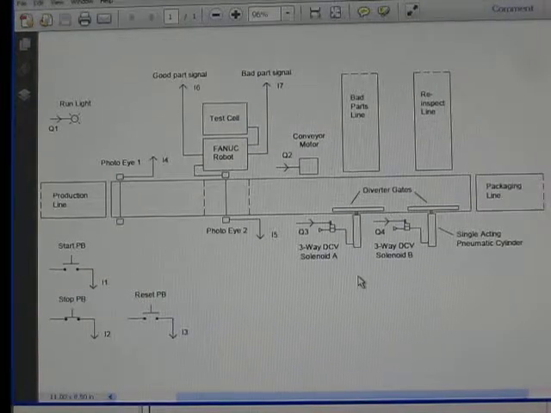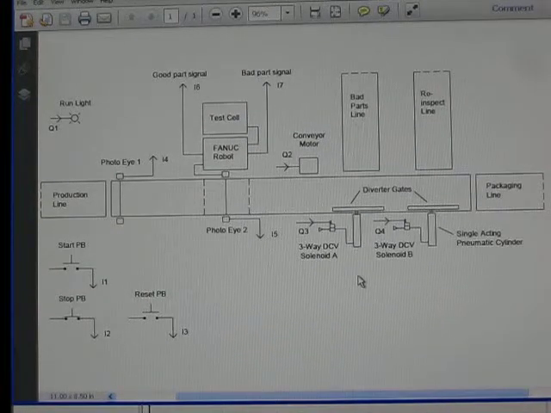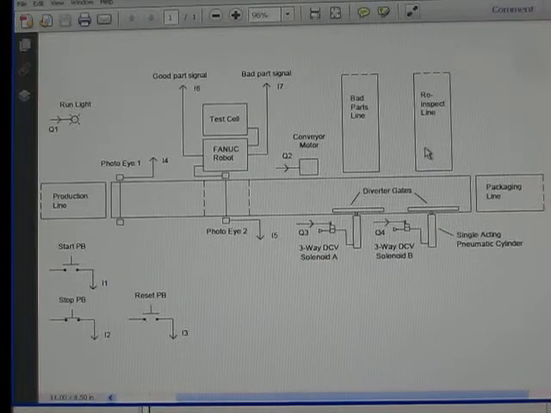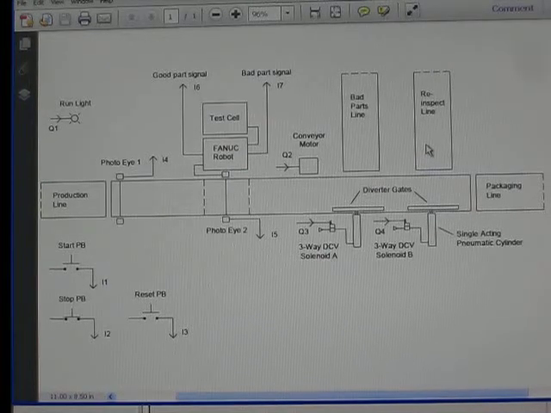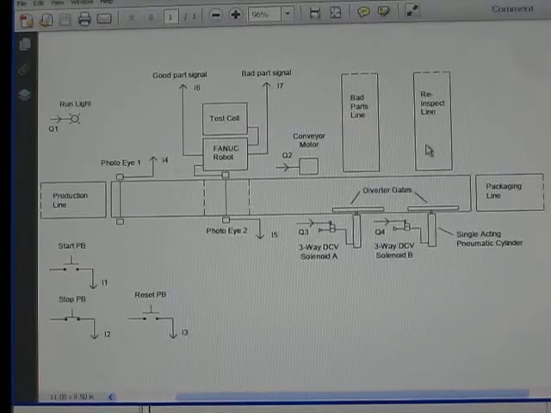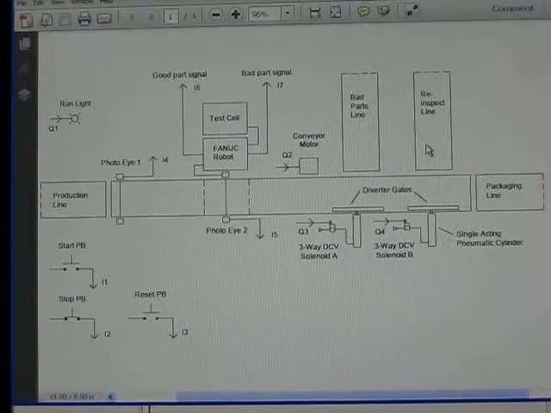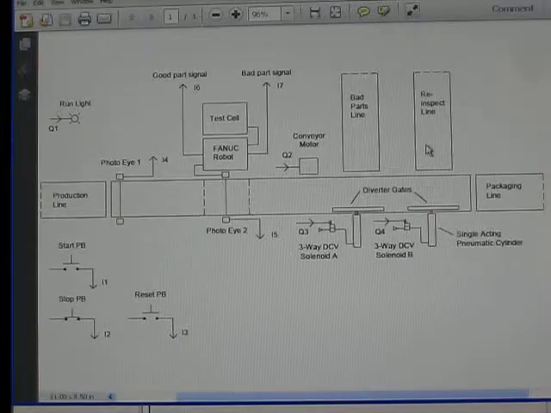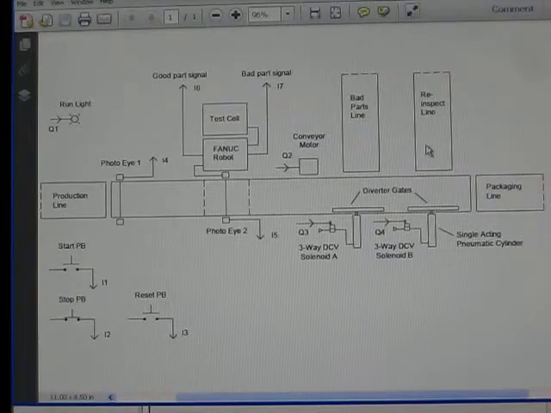Now, if the robot should temporarily go offline, there will be no good or bad part signal, and the system must then divert the part to a separate reinspection line by activating a different diverter gate controlled by another solenoid. The system is to assume that the robot is offline if it does not receive a signal from the robot within 40 seconds. This conveyor system will be controlled by a Pico controller, and the controller will have 7 different